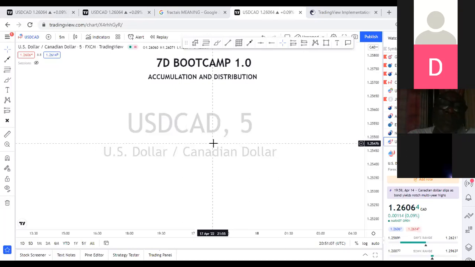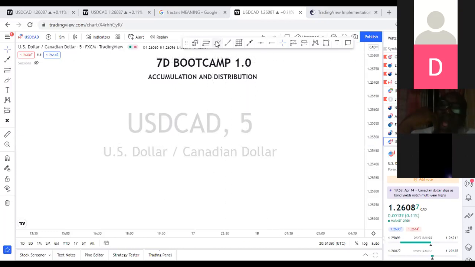So when you're looking at the weekly time frame, when you go down to a much lower time frame, say maybe a 1 hour or a 15 minutes or a 30 minutes, you would also see a complete reproduction, a complete replica of what you had on the weekly. When we understand this, we are able to merge time frames together, and we can have a weekly POI, and at the end of the day, we are taking our entries from 5 minutes, from 15 minutes, or from the 1 minute, because price is fractal.